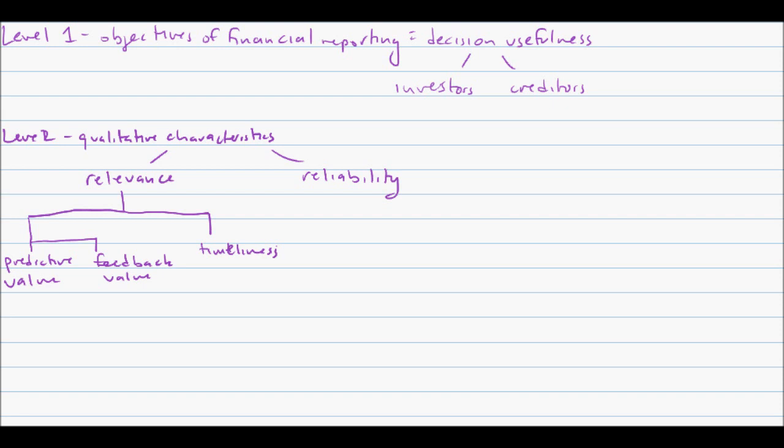Finally, in order for information to be relevant, it has to be presented in a timely fashion. This is relative though. If we're an investor and want to analyze a company's financial statements before deciding whether or not to invest in it, we'll most likely use the most recently published financial statements. So it's October 2012 right now. Financial statements for the quarter ended June 30th are more relevant than financial statements for the year ended December 31st. So in order for information to be relevant, it has to have either predictive or feedback value, and it has to be timely.